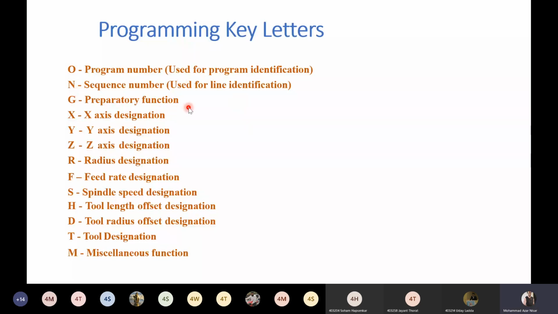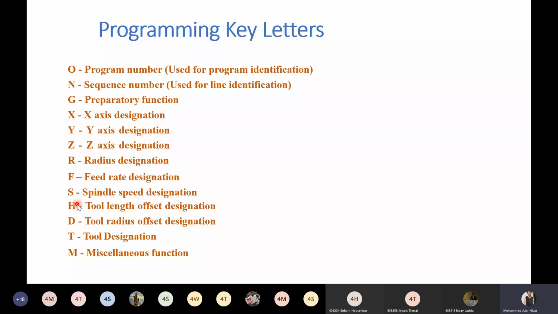Then G is the preparatory function, with X, Y, and Z as explained. If there is a contour or radius, then R is used. F is for feed, and S is for spindle speed designation. H is used for tool length offset, sometimes called tool length compensation, so a length or height compensation is given for starting your programming.